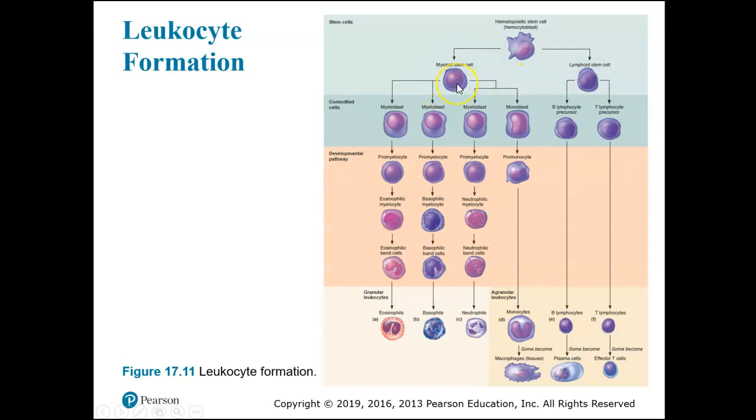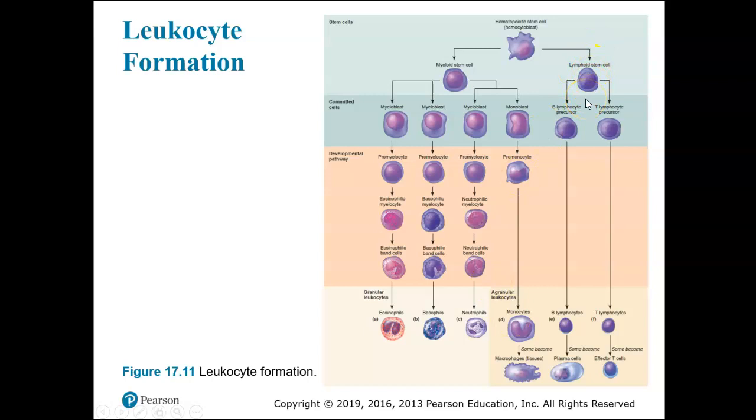The myeloid stem cell gives rise to all of the formed elements except for lymphocytes. So myeloid stem cells give rise to eosinophils, basophils, neutrophils, monocytes, and then the lymphocytes come from the lymphoid stem